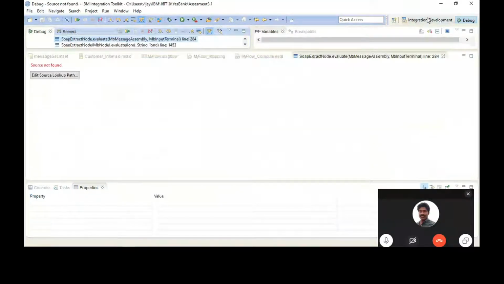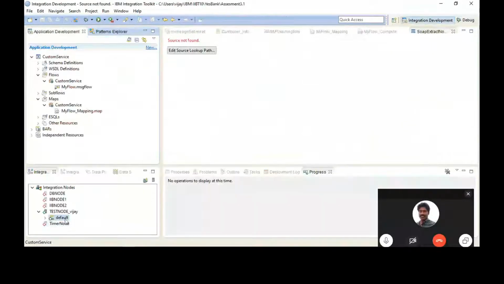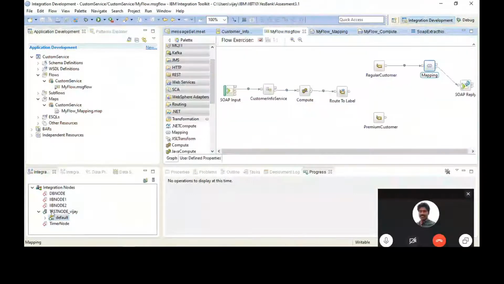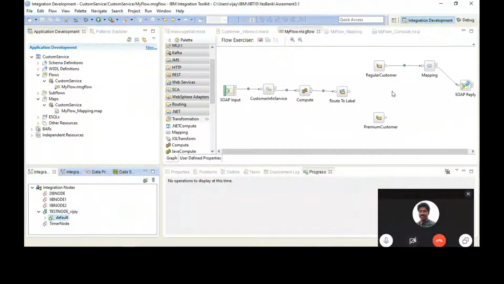You don't have to click on the red button. You have to click on either the play button or the run to completion button, those green things. Now just stop your debug session. Right click on the default execution group and say terminate debug session. Yeah, I did that.